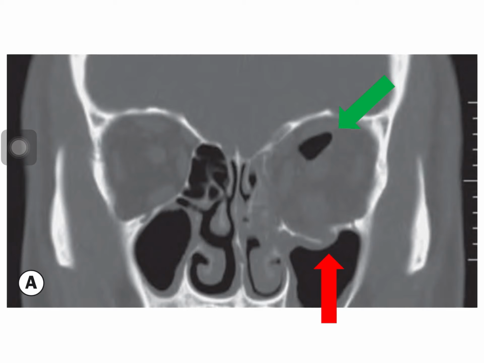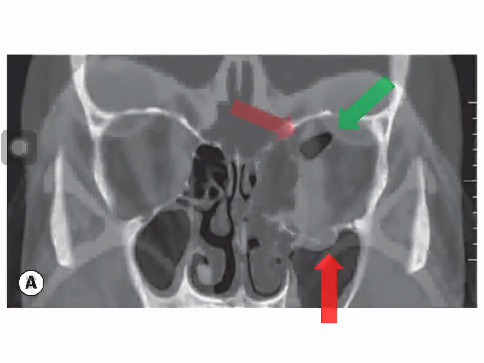Look at the green arrow. A black density seen inside the orbit is very, very suggestive of orbital emphysema. So the management for this is conservative. You do not surgically operate this patient, just local therapy, either systemic antibiotics, systemic anti-inflammatory, and local cold compresses to reduce the inflammation. The edema resolves on its own. The emphysema also resolves on its own. So this is a case of blowout fracture of the orbit.